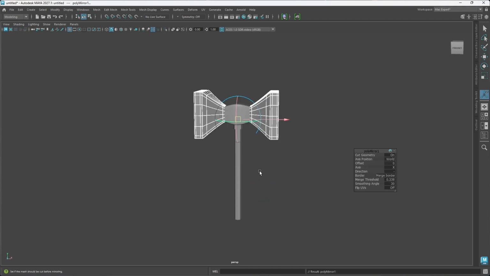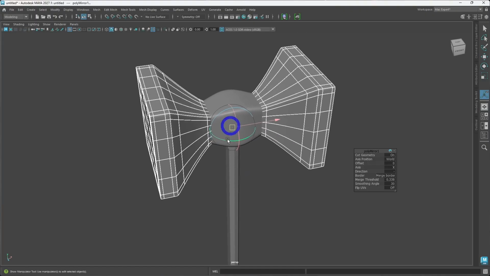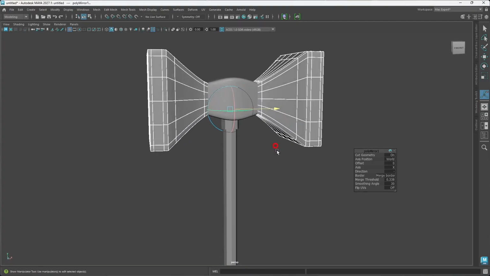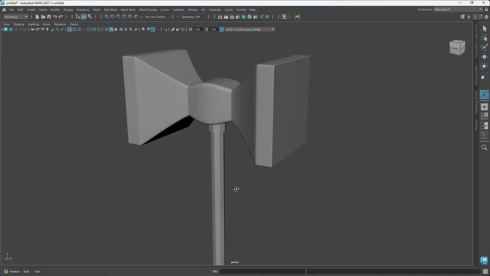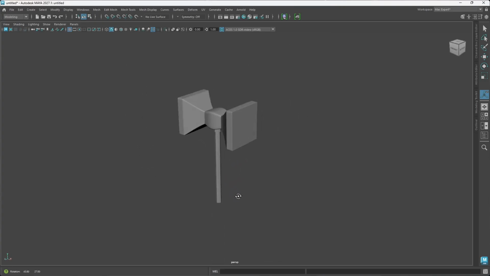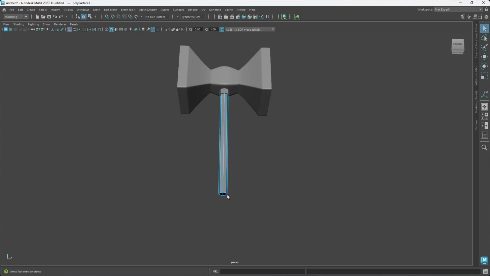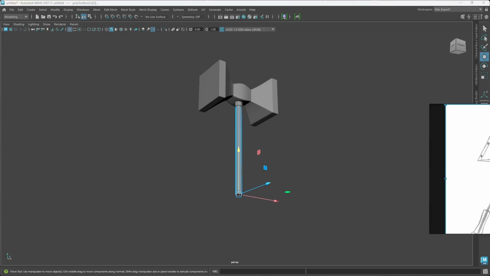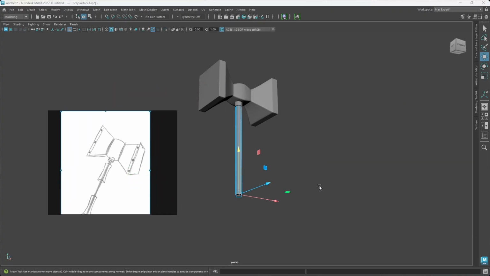Okay, that works flawlessly, but not good. Let me undo. Okay, I think it is good. So we can click off, it is in the center, everything works well. Now you can see that the handle is no longer looking weird like it is before. So we can just go into the edge mode, select the loop round, and we can bring this down again, just like that. All right, this is looking good now. This is close to what we have as our reference,